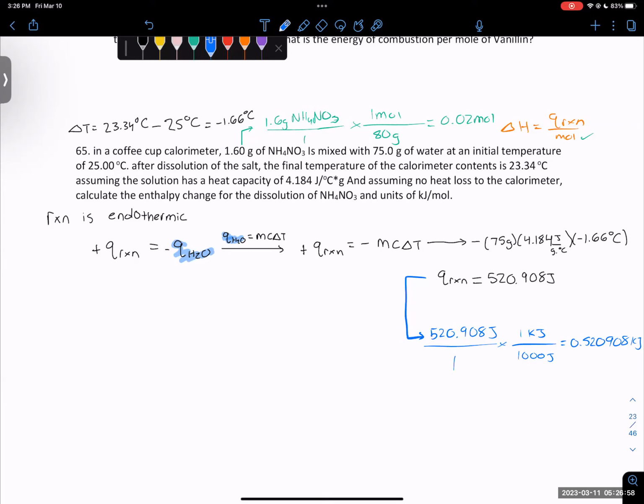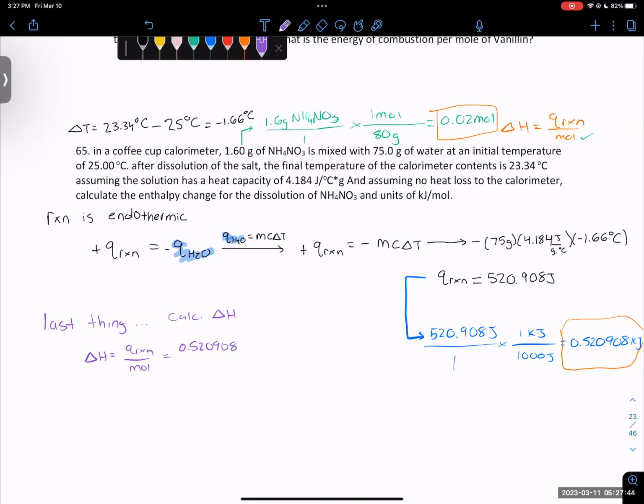So if we're able to get there, then we got both of the pieces of the puzzle that we need. I'll highlight them in orange. So our Q of reaction is this one. And then our moles was this one. So now all we have to do, we'll bring this back in purple. Last thing, calculate delta H. So delta H is equal to Q of reaction in kilojoules divided by the moles, which is equal to